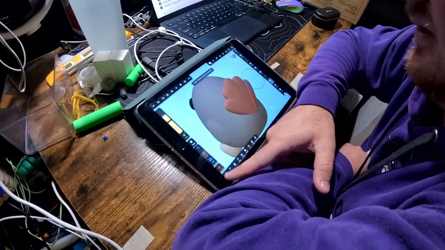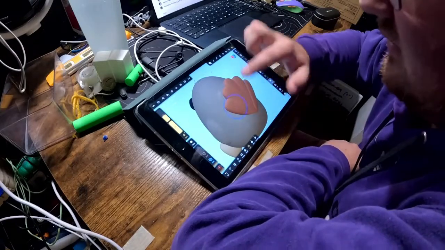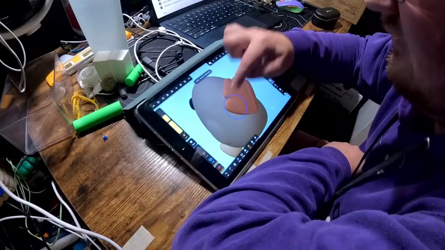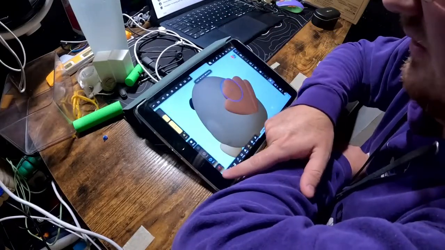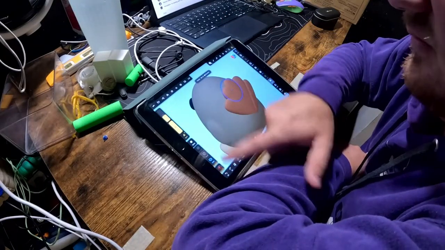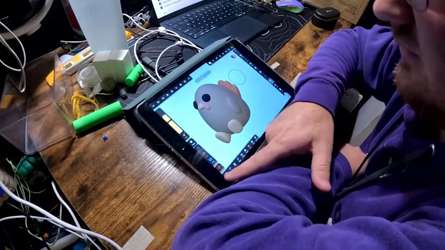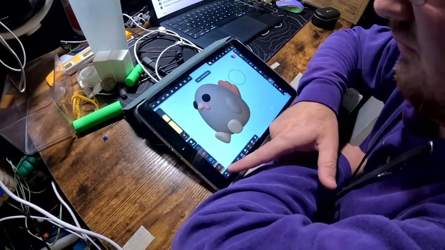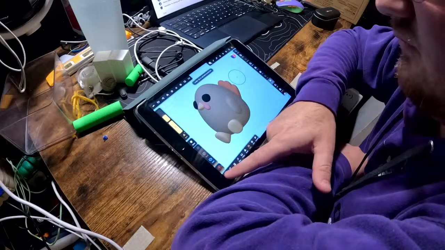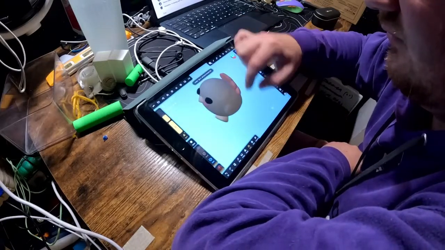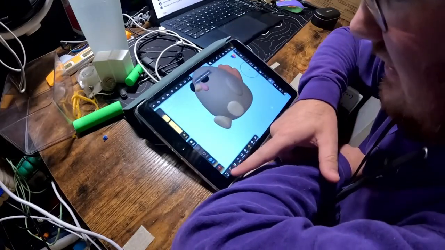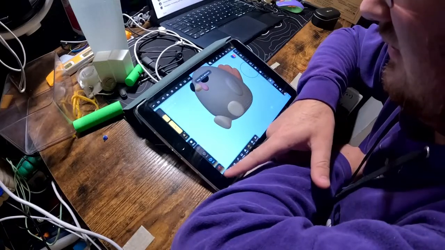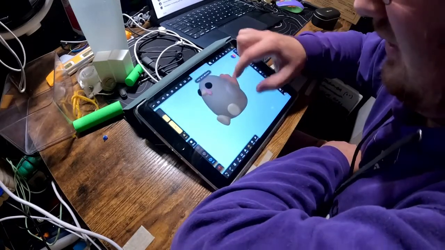Now we're going to undo this here. So what I'm going to do, instead of remeshing it, where am I at here? Okay, so that was when I did the feet just now. And okay, we're good, we're good.